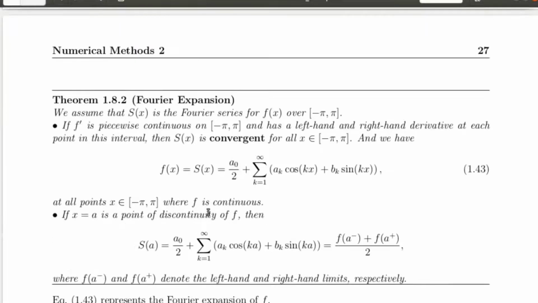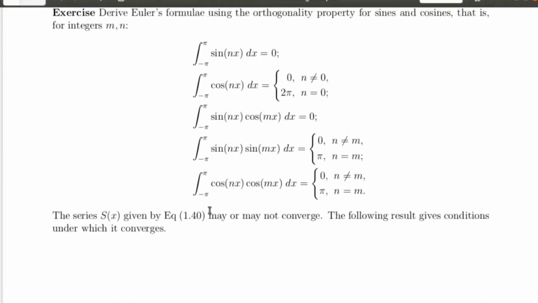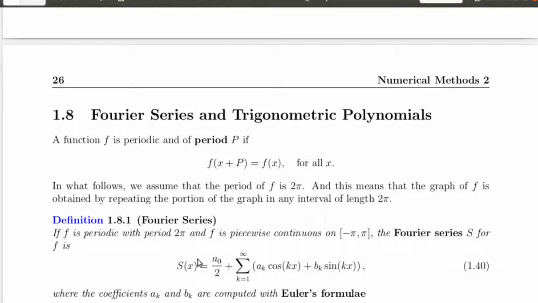We will skip that for now and dive straight into a theorem. We need a theorem. In the definition, you can see that equation 1.40 is just a definition. So we don't have any convergence result on the series. So this is just a definition because the definition can be infinity, right? S sub f of x can be infinity, but we need to state a theorem that gives us a convergence